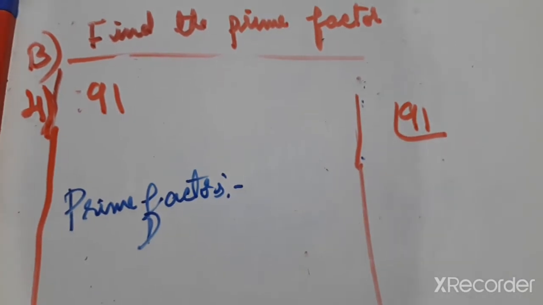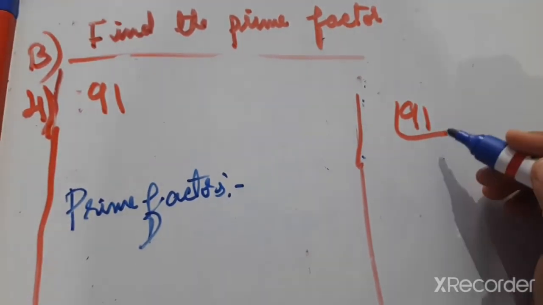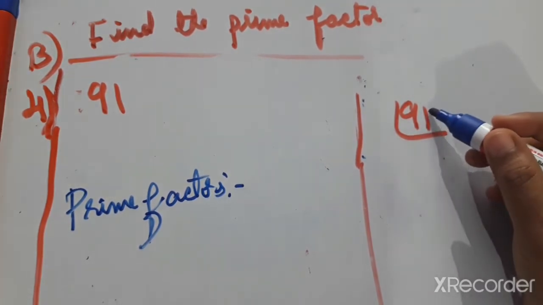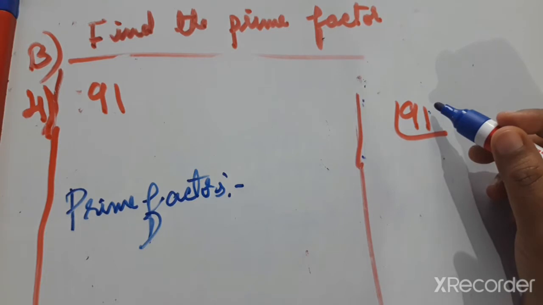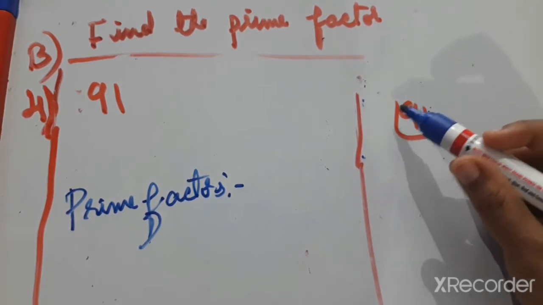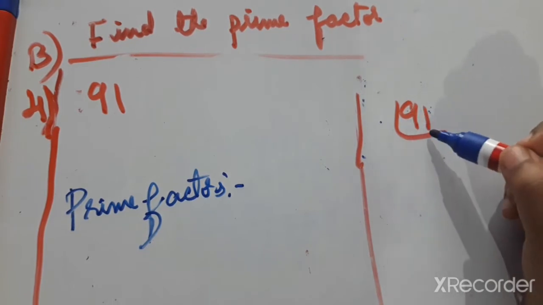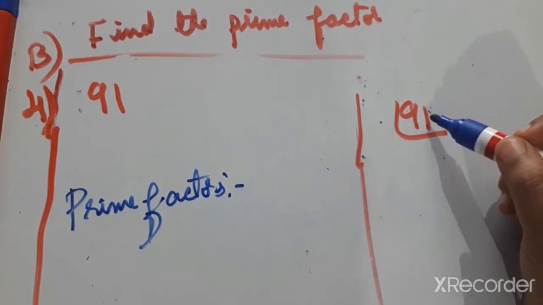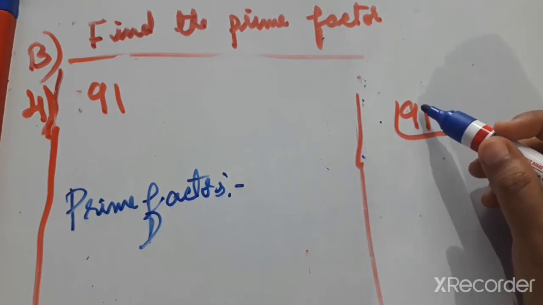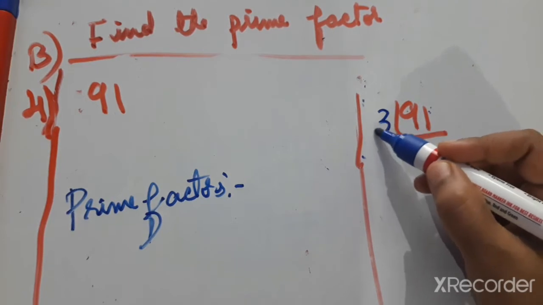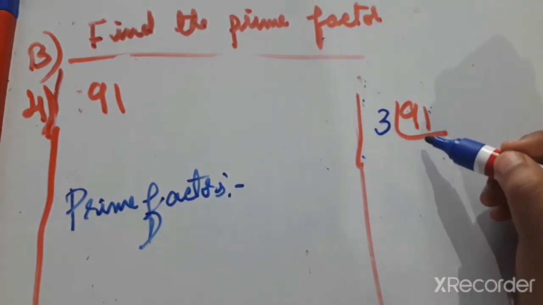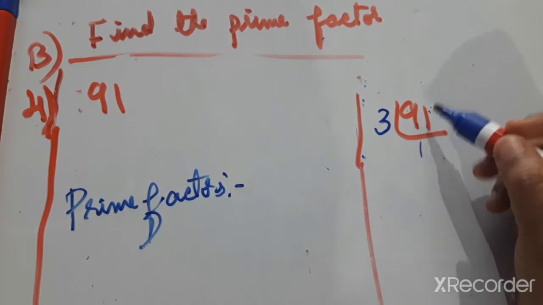Next, fourth one, 91. We have to find the prime factors. So which number can we divide by? Check the last digit, 1. Which tables give 1 in the ones place? 9 nines are 81, but 9 is not a prime number and it will not divide, I think. It is not a multiple. Then which tables? 3 also. 3 sevens are 21 now. So we can first try with 3 and check, children. 3 3s are 9, 1 remainder, not divisible by 3.